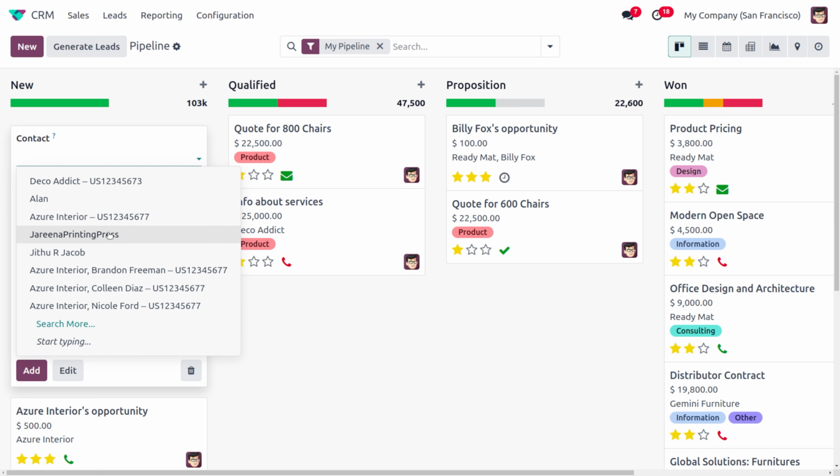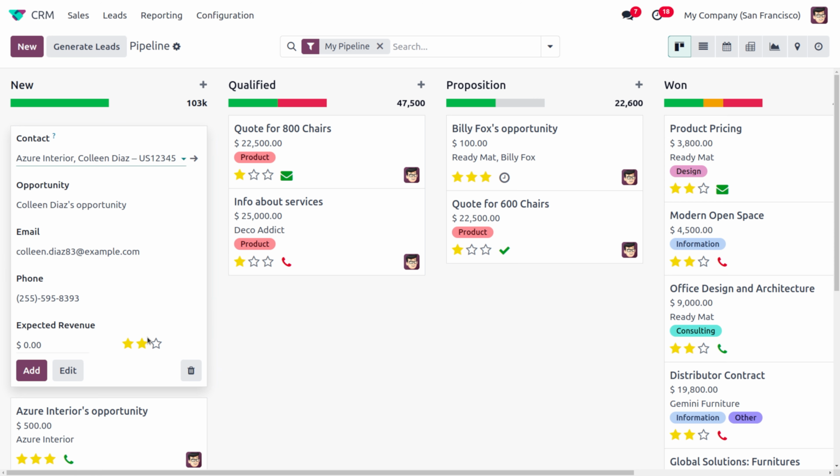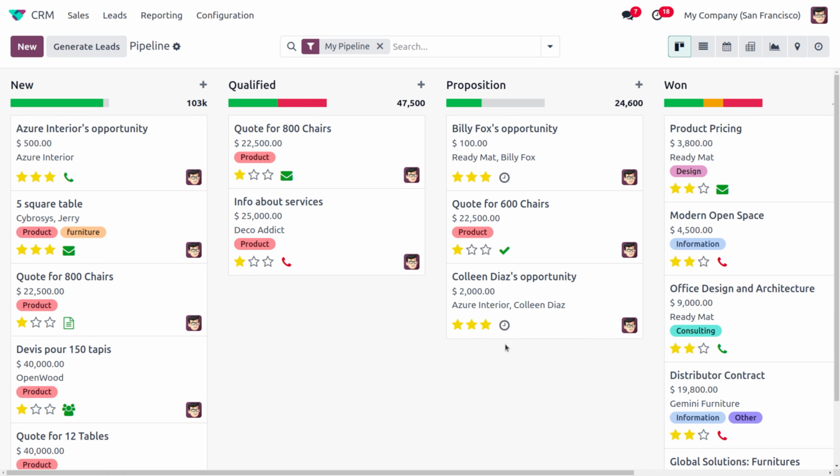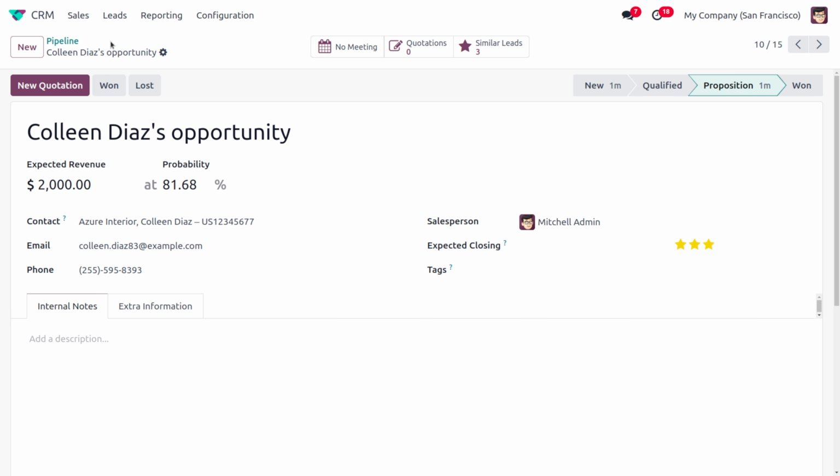Let's say that we are going to consider Azure Interior, and let's set the priority, set the amount, and click on add. Afterwards, we can simply drag it over here, and let's move on to the task. Currently you can see we haven't scheduled the activity from the clock icon, and we are going to schedule the activity directly from the calendar.